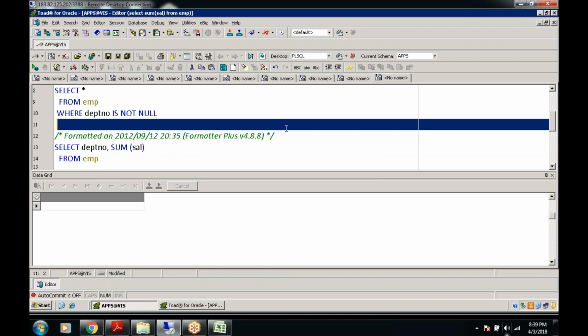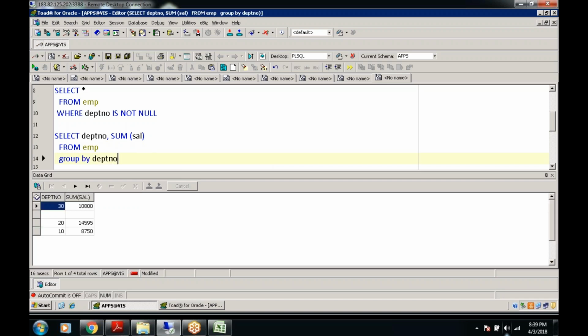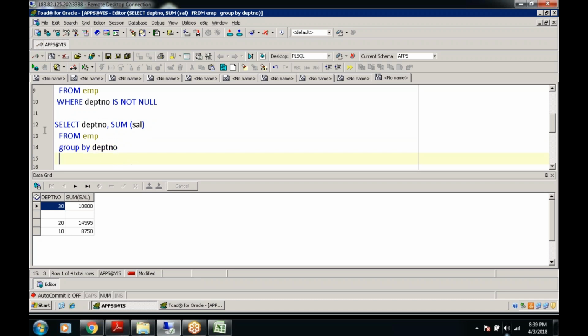Whenever we are using a group function combined with any column name in the same table, at that time we need to use group by. If I select it with group by, I can use this query properly. So group by is a clause that allows me to group an aggregate function with another column name.